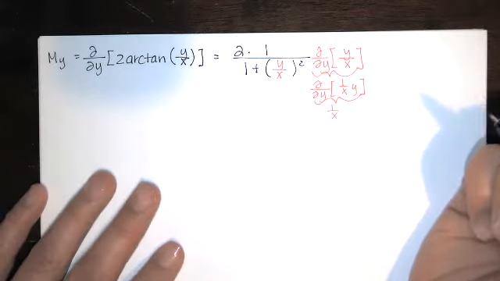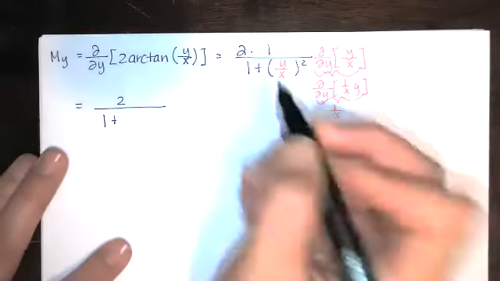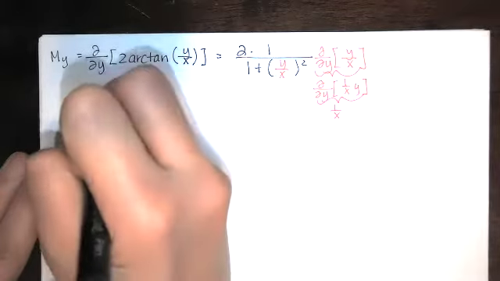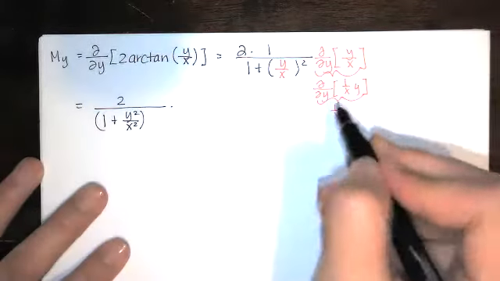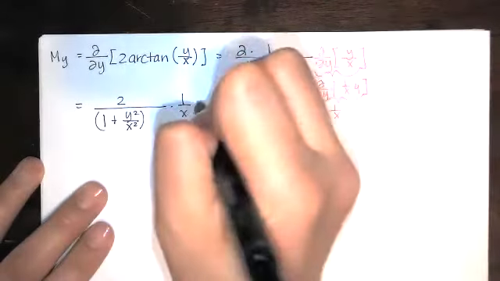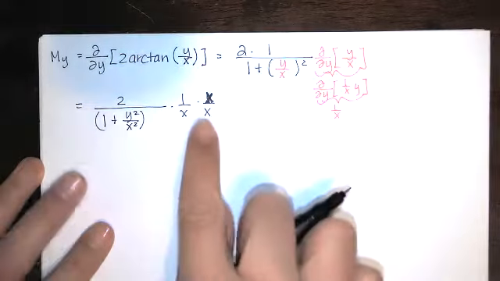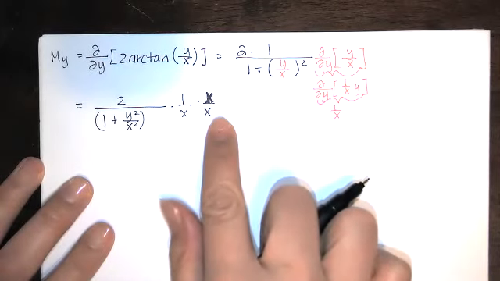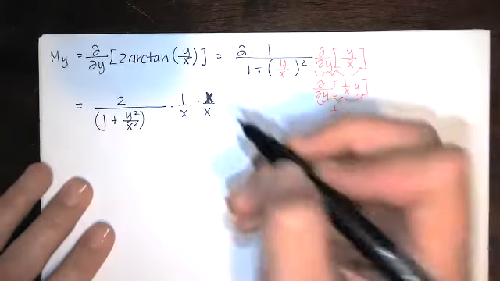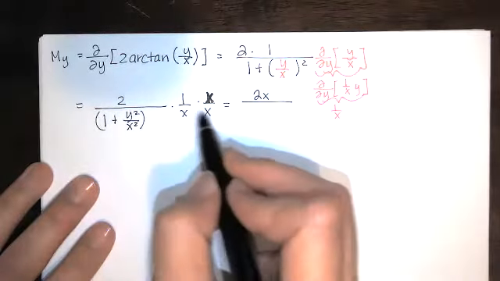So what we get here is 2 over 1 plus, if I'm squaring a fraction, I can square the numerator and denominator separately, times this, which is 1 over x. I'd really like to clear that complex fraction, so I'm going to multiply by another x over x. Because that's just multiplying by 1, it doesn't change the value of the fraction. But now I've got an x squared that I can distribute through here, and it'll simplify nicely. So in the numerator, I get 2x. In the denominator, I've got x squared times 1